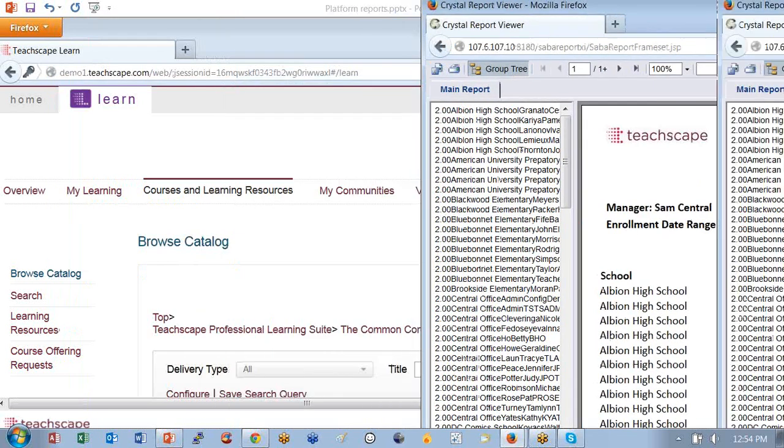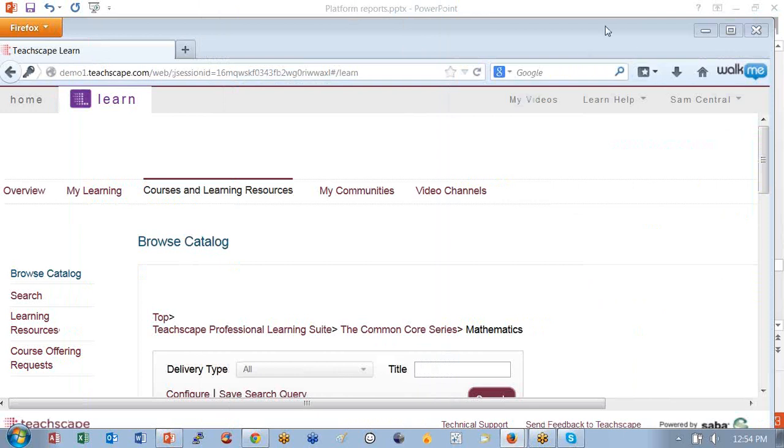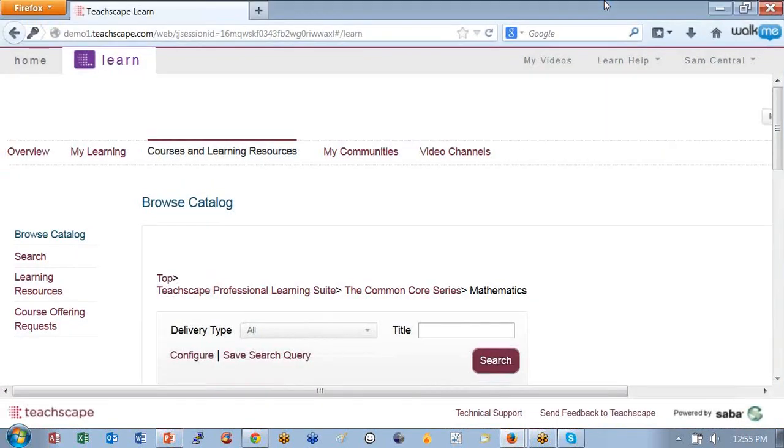I just tried to generate a report and it says it wouldn't work in Safari. Yeah, we've had some browser issues, and I don't quite know what they all are. So when I run reports, I shouldn't say this, I should say run in any browser, I just pull up Firefox.